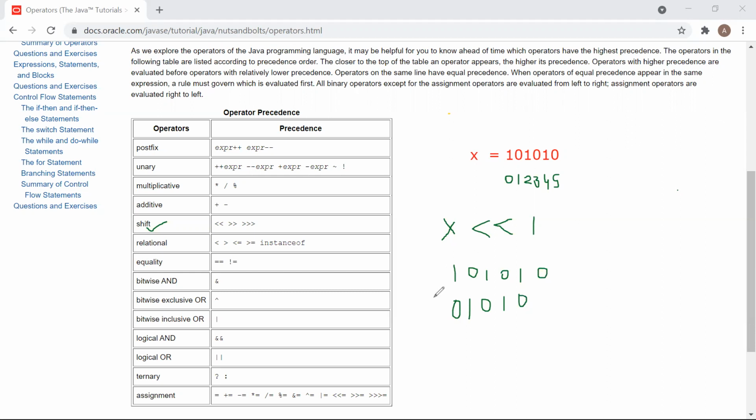You are shifting every bit toward left by 1. So what about this digit? It comes below 0. No, no. You are shifting every bit toward left.